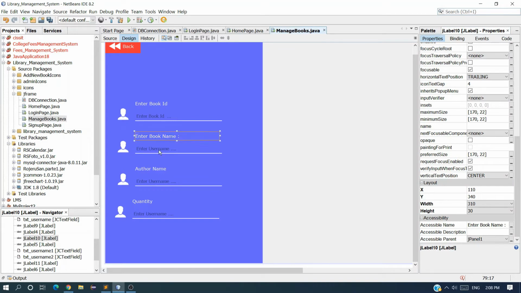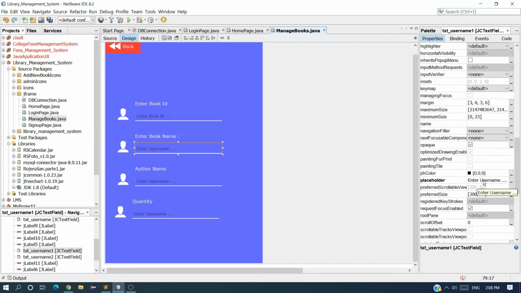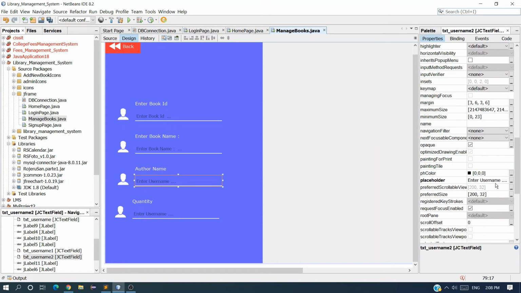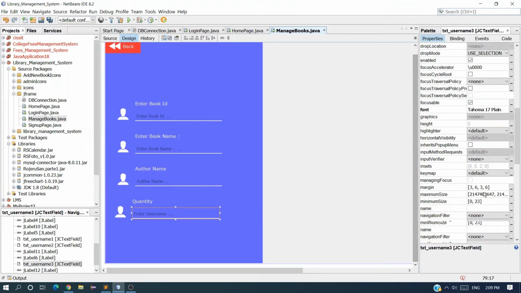Same here, copy this, select this and go down, placeholder, enter book name, copy this, come down, paste it here, author name, and copy this, come here.